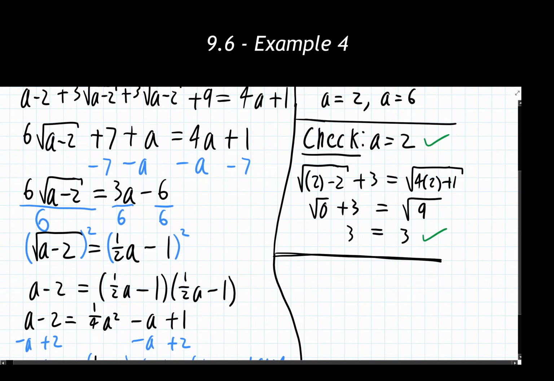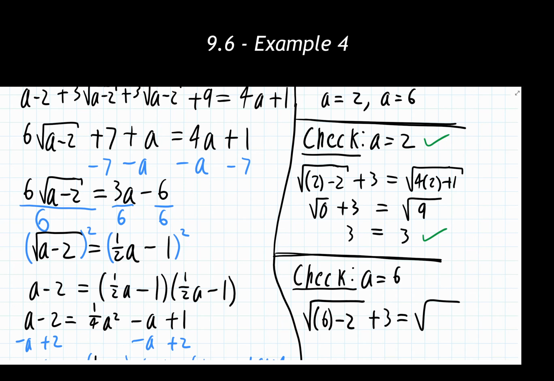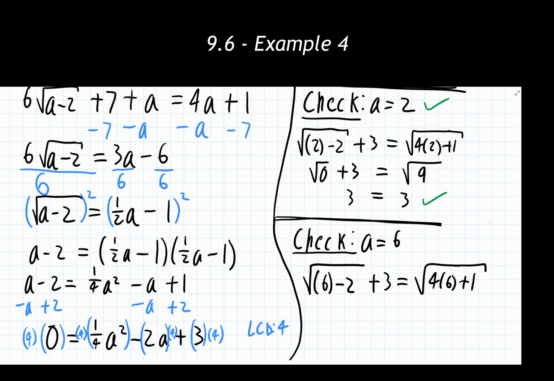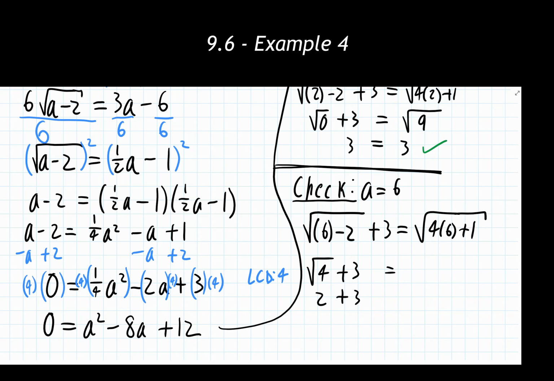Do a little bit of this just to divide up our work a little bit. And again, when you are doing this, I think it is very helpful to at least write out what you are plugging in once. You're welcome to use a calculator to speed up the rest of the process from there. But write it out for yourself at least once so you can see what you're doing. So on the left side, I'm getting the square root of 4 plus 3. Square root of 4 is 2. So 2 plus 3 is going to give me 5. We'll check the other side.